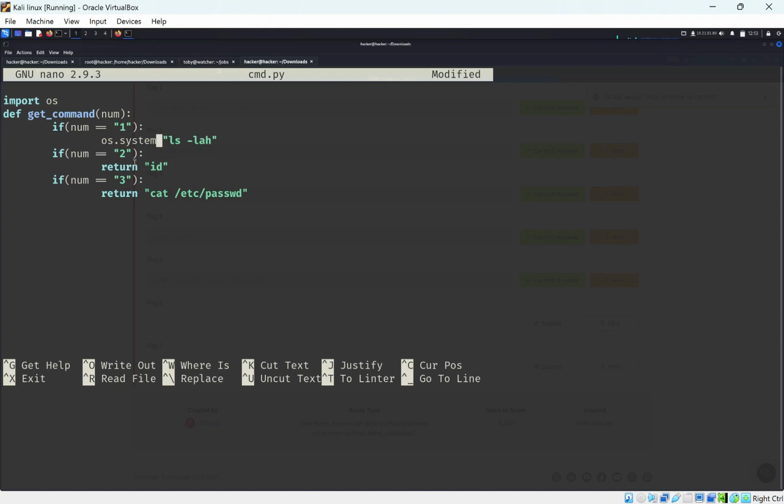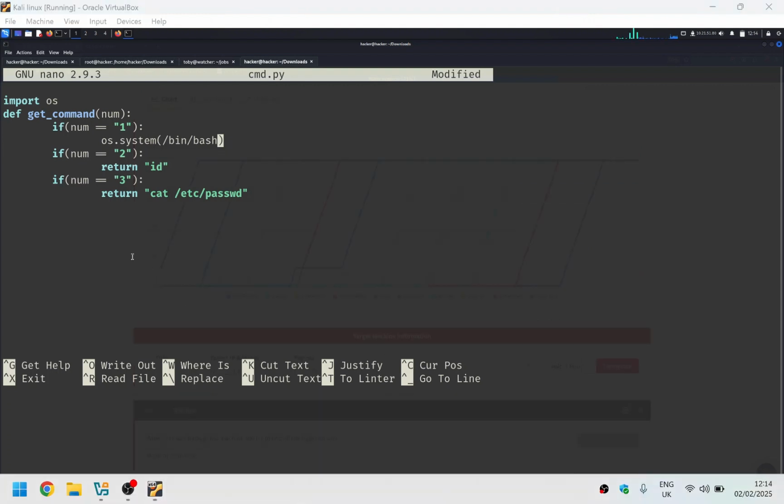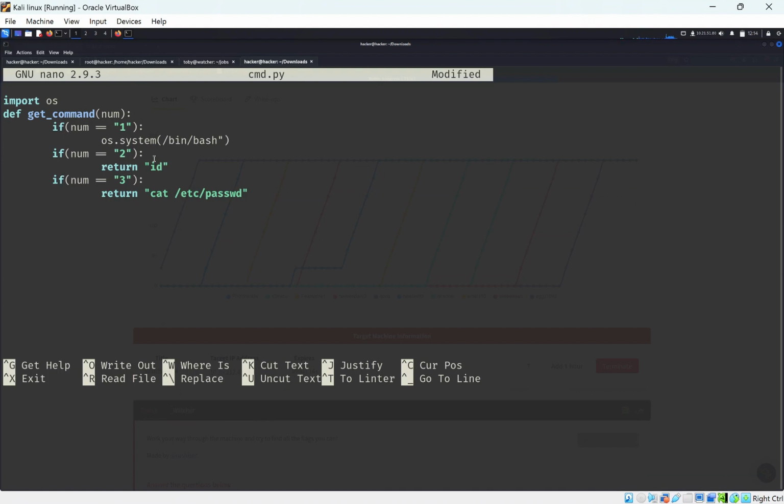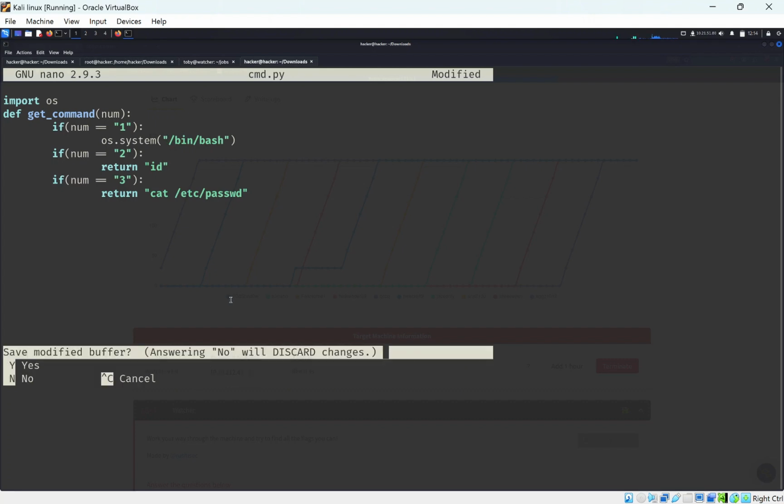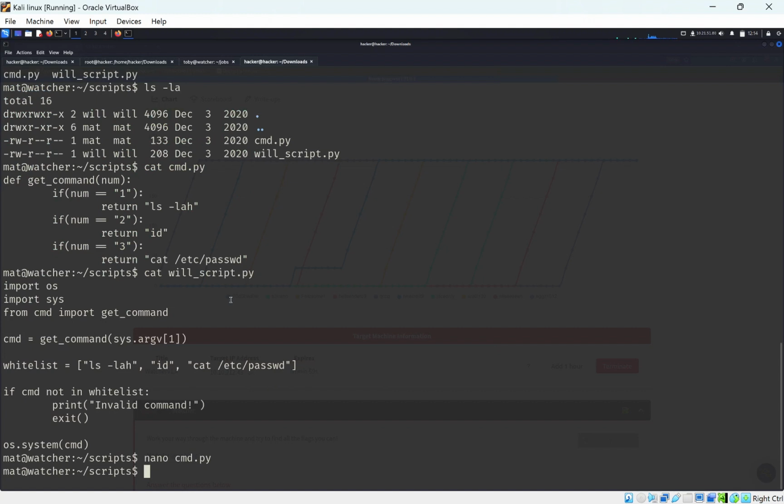So import os system. So if we do the curly braces, we're going to just do /bin/bash here. So let's do /bin/bash like that, and so if we just put in these parentheses here to highlight the commands, as we can see that's how they highlighted them there. So if we do that, we can see that's highlighted now. So hopefully this should work. If we do Control X and Y to save it and enter,